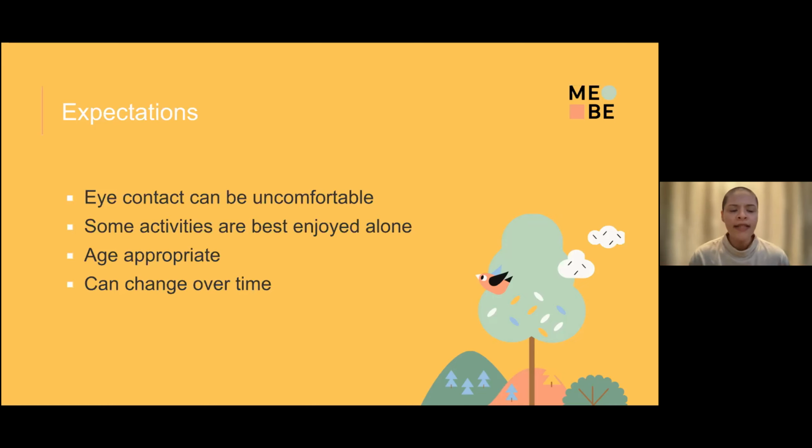Also, expectations can change over time. Something that may have been difficult in the past may change in the present or the future, so be flexible with our expectations.